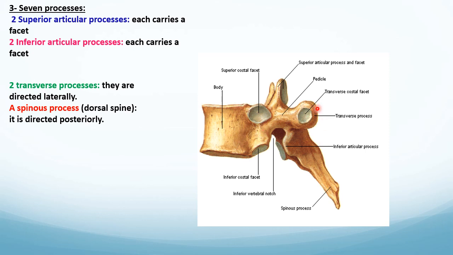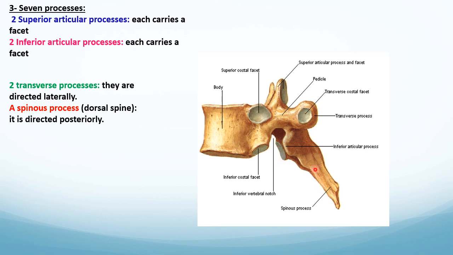Again, this is a lateral view of a typical thoracic vertebra. This is the body. This is the superior articular process carrying the superior articular facet for articulation with the inferior articular facet of the vertebra above, and here the inferior articular processes carrying inferior articular facets for articulation with the superior articular facets of the vertebra